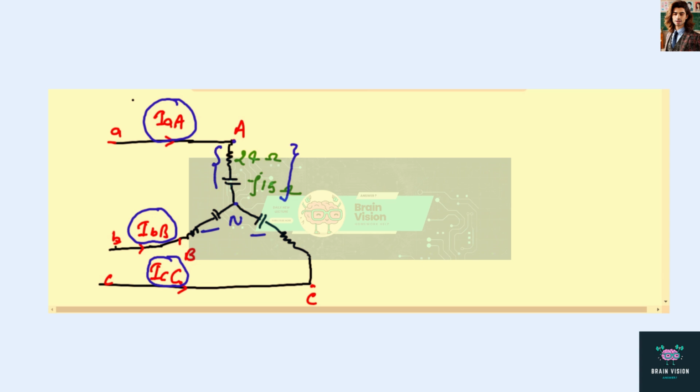If I am interested in the impedance across A and N, let's suppose this is Z_A. As both of them are in series, we can easily add them, so the impedance will be 24 minus 15j ohms. This will be the same throughout each branch. So now,